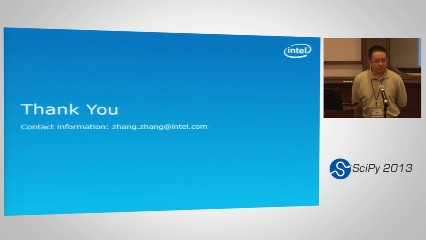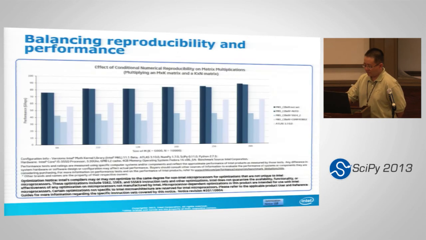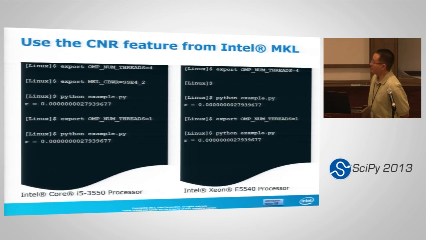Any other questions? I have one, if I can squeeze in. On the graph you showed where you did get the same results, you had set your OpenMP threads to 1. Would you get the same thing if you used more than 1? Would you get reproducible results with the other environment variables set and, let's say, the OpenMP thread number to be 2 instead? Would you get the same reproducible results?